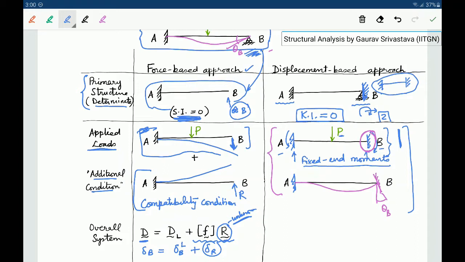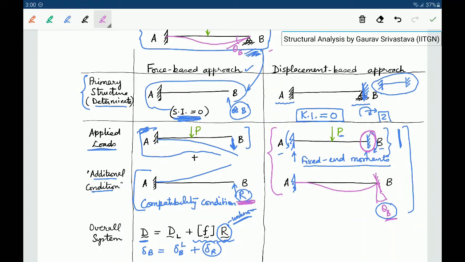So in the force-based methods, we were applying an unknown force R, which was the support reaction. In displacement-based methods, we are applying an unknown rotation or a settlement of the support, which would have been there for the actual structure, right? So just like this R, the unknown reaction, would have been the reaction of the original structure, similarly, this theta B is the rotation which would have been at point B for the original structure. As of now this is of course unknown, but we consider that we apply a rotation theta B.